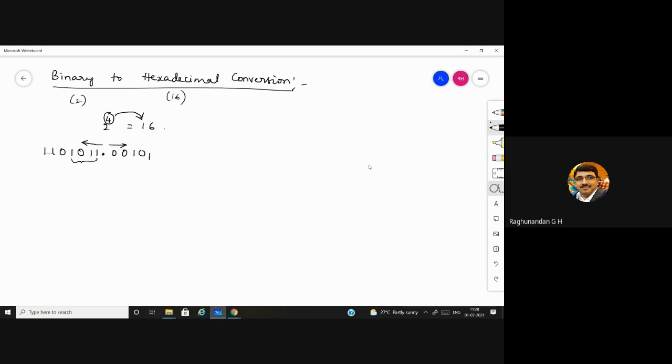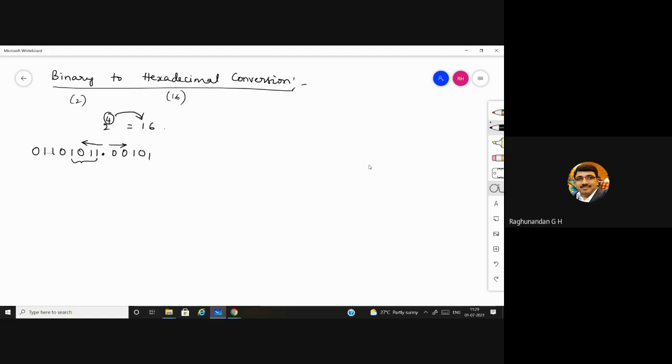Again you have 1 1 0. So according to our condition, 4 bits should be there to group in order to give a hexadecimal number. So there are 3, so what we can do is just append one extra 0. By appending some zeros, does it change the value? If I add some 0 in front of it, does it change the value of this sequence? No, sir. No, right? Suppose I add 0 here before the decimal point, what will happen?